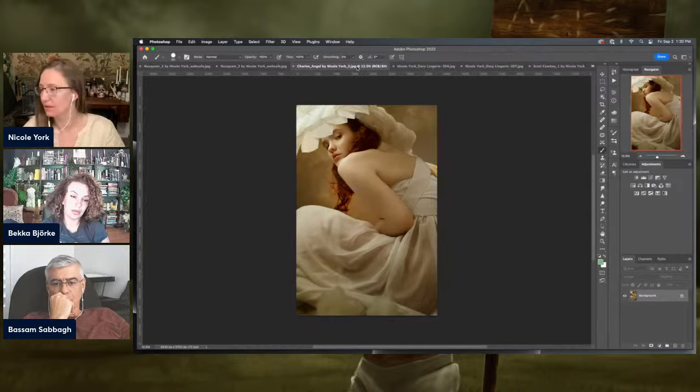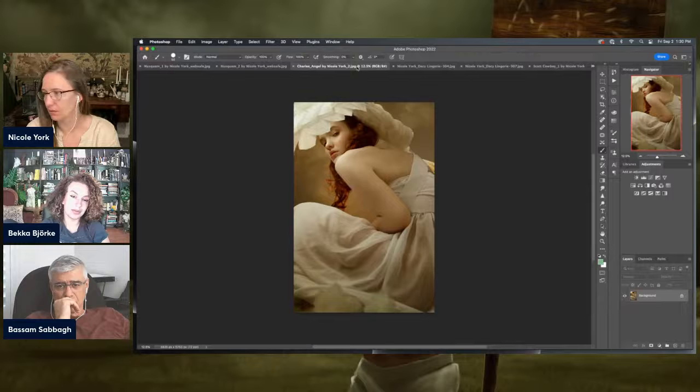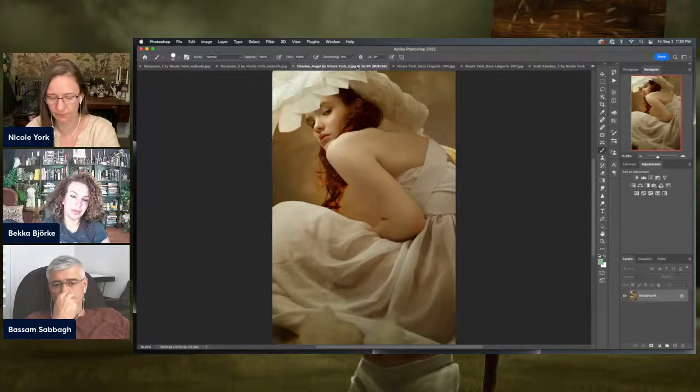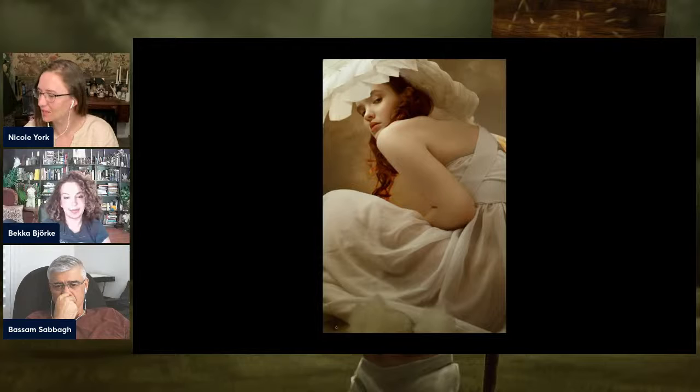If you were to take a guess at what the main element of composition for an image like this is, what would you say? More Fibonacci. Right at her lip, yeah.